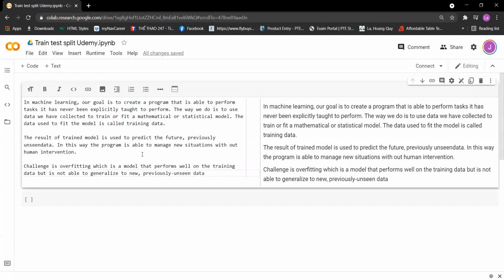In order to combat the problem of overfitting, machine learning practitioners set aside a portion of the data called test data,